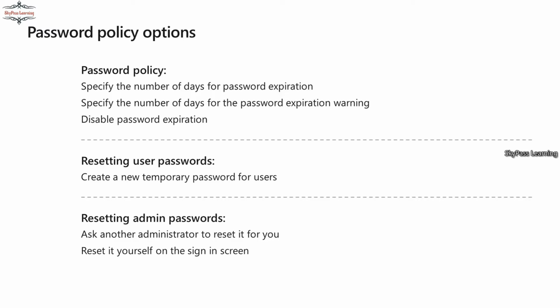And the last one, which I have not written here, is multi-factor authentication. It's also a core component of this password policy. Multi-factor authentication, or MFA in short form, is where the user has to authenticate in two forms at least. The first one is the user must enter the username and the password to sign in, which is the general normal process, and that's followed by a second authentication method that can be acknowledged through a phone call, a text message, or an app notification on the smartphone. So users can select any of those methods to authenticate themselves.